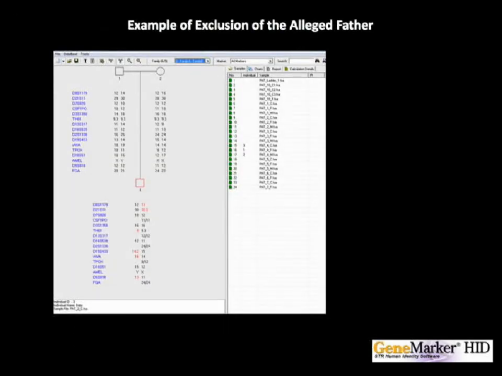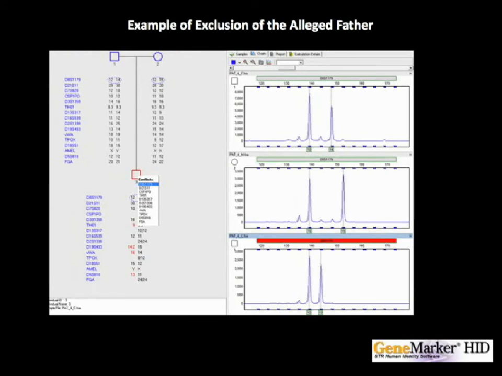This is an example of exclusion of the alleged father. The allele calls that are in conflict with the parent are in red font in the pedigree. The node of the child is outlined in red. When the mouse is held over the node, the alleles that are in conflict are displayed in a drop-down list. Click on each marker to display the